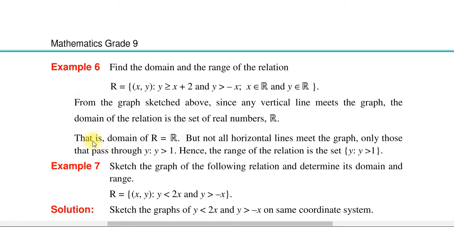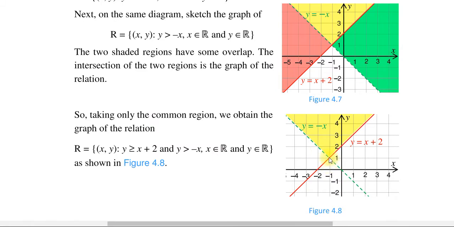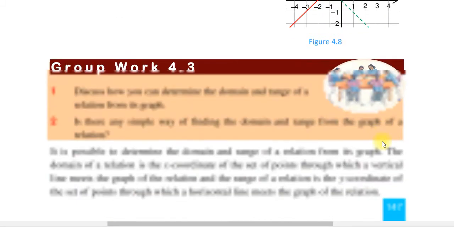ምን ይላል? That is, the domain of R is the real numbers, but not all the horizontal lines meet the graph, only those that pass through y such that y greater than 1. Hence the range of the relation is the set of y such that y greater than 1. ስለዚህ እንደምታዩት ሬንጁ ከአንድ በላይ ነው ማለት ነው። ከአንድ በላይ ያለውን ይዛል ሬንጁ። ዶሜኑ ግን ኦል ሪል ነምበር ነው